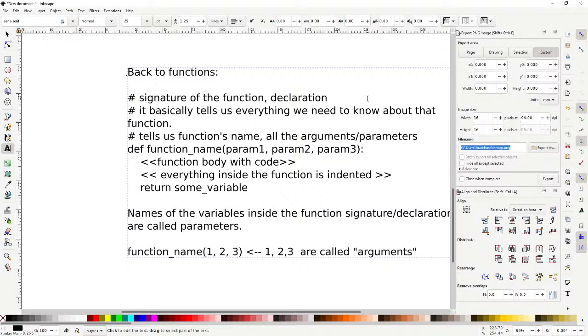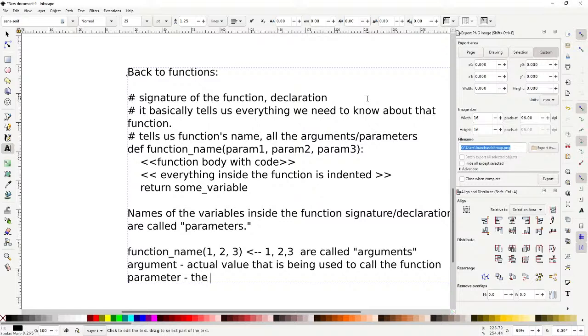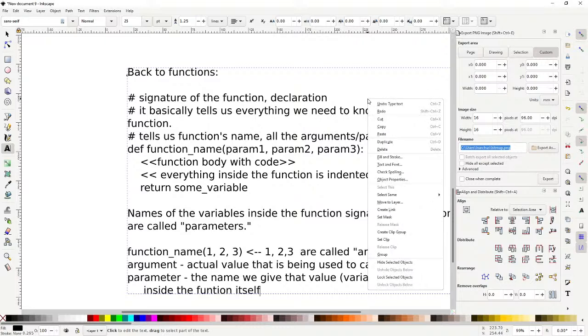I really don't make much of a distinction between parameters and arguments. The only distinction is that the argument is the actual value that is being used to call the function, and a parameter is the name we give that value, the variable name inside the function itself. So that's the distinction.